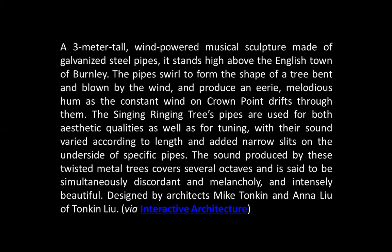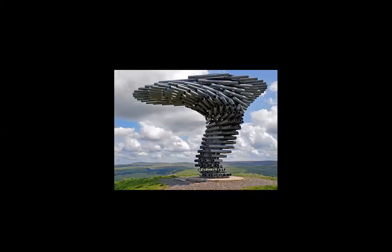The Singing Ringing Tree. Let's look at this one. A 3-meter tall wind-powered musical sculpture made of galvanized steel pipes. It stands high above the English town of Burnley. The pipes swirl to form the shape of a tree, bent and blown by the wind, and produce an eerie, melodious hum as the constant wind on Crown Point drifts through them. I don't usually like to read too much during my presentation. Here is the sculpture. Now, this is not really architecture, it's a sculpture, but again, we see the whirling